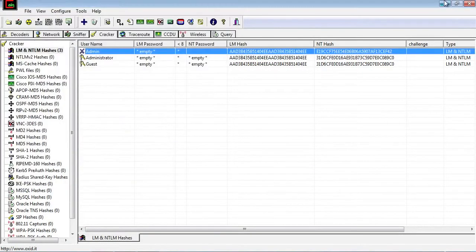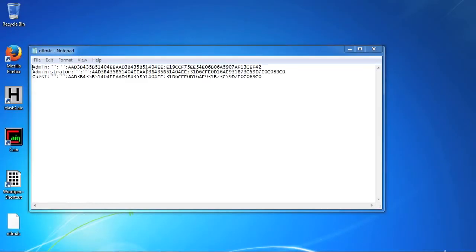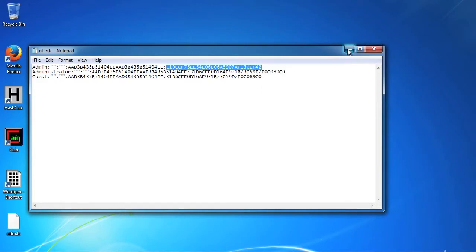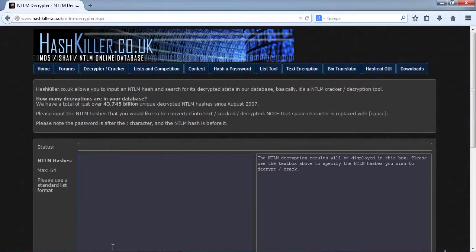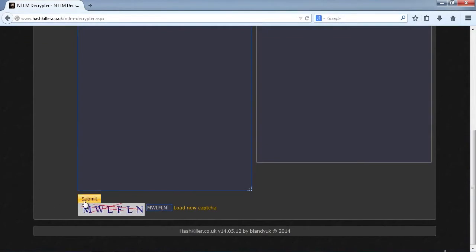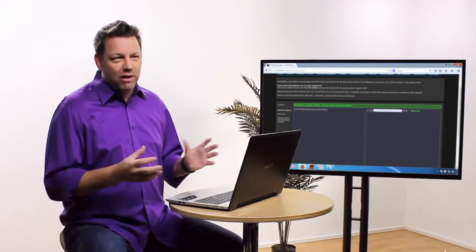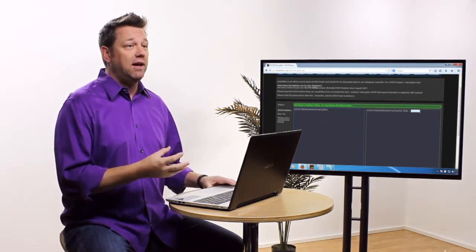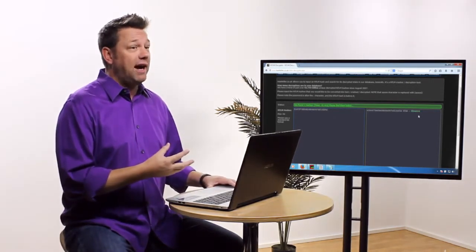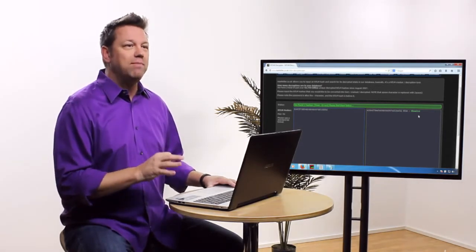Now, we need to open Notepad at this point to read the file, and here is the second hash, which is the NT hash. We will select this, make a copy, and return to our website. At this website on the left side, we supply the hash, we scroll down and supply the CAPTCHA, and then click Submit. And in no time at all, we have, as you can see, cracked the password. Granted, it was not a difficult password, but it was unknown to this website, and it took about 45 milliseconds.